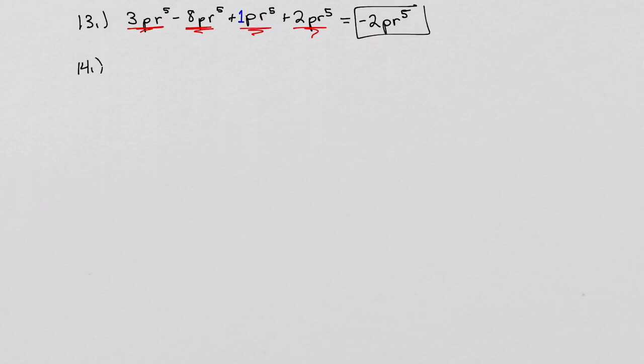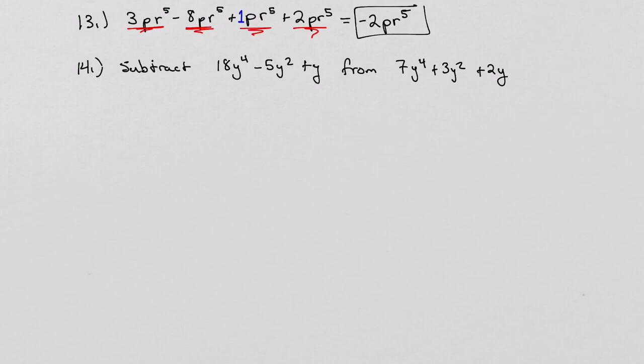14. Now I'm going to write this one out. This one says subtract 18y to the fourth minus 5y squared plus y from 7y to the fourth plus 3y squared plus 2y. So we need to be careful here. The verbiage is very important. It's saying we're going to subtract